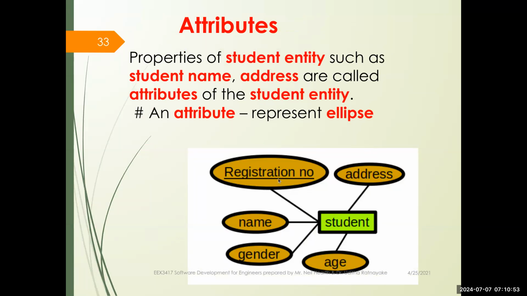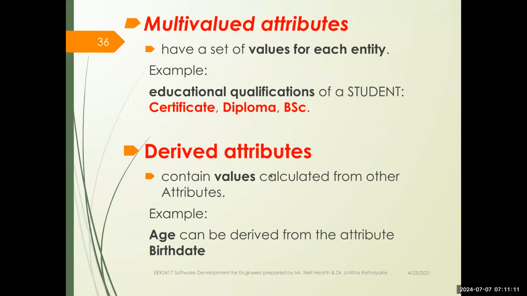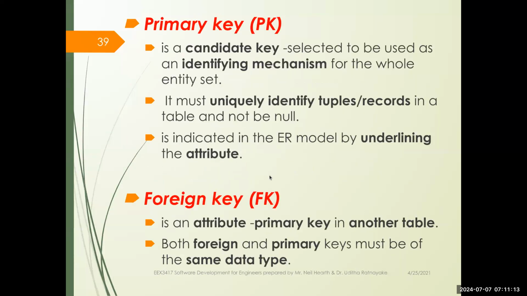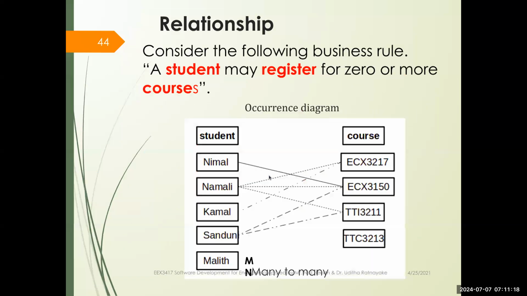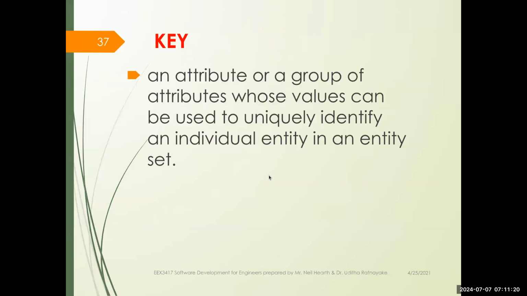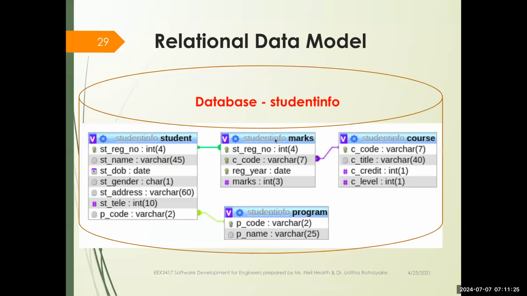So the key attribute is underlined like this when you draw. The foreign key is